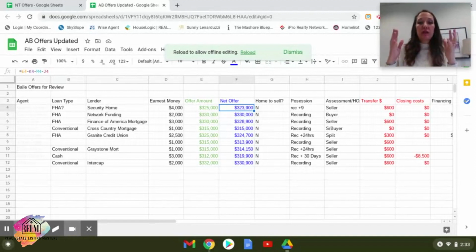Again, it's a big picture thing. It's not always that you take the most money or you take the highest offer or you take the cash offer. In this situation, he didn't accept the cash offer because he was willing to take the risks of going through appraisal and working with an FHA buyer. So it's about painting the whole picture. It's about putting all of the details and information on the table. And I found that using the spreadsheet format, having the details that are pertinent to each offer side by side and line by line really helps my clients to be able to digest the information, make educated decisions going forward, and to be able to do what's best in their interest and the interest of both parties.